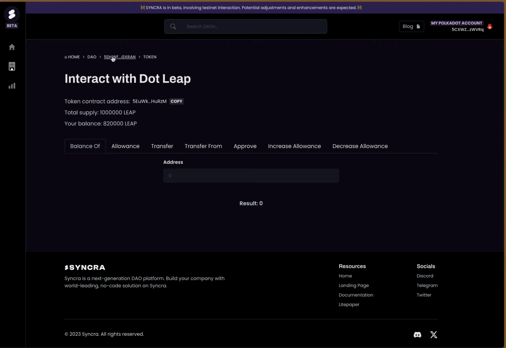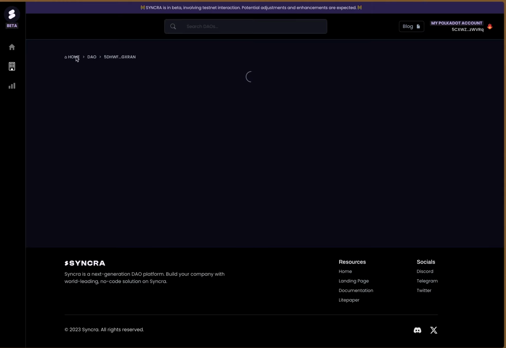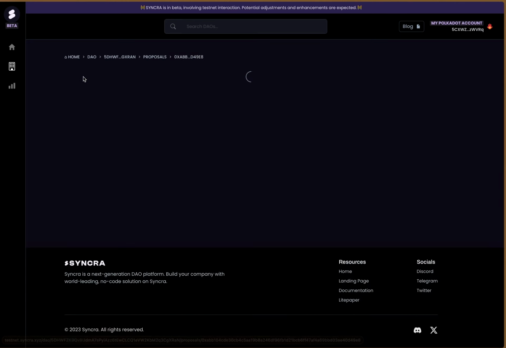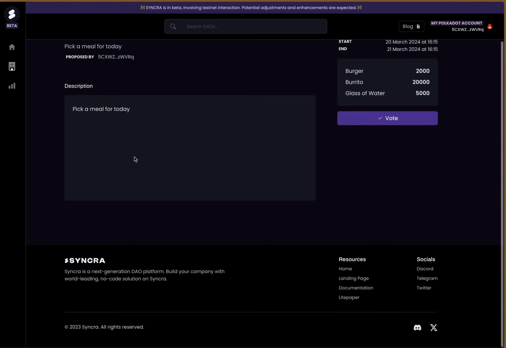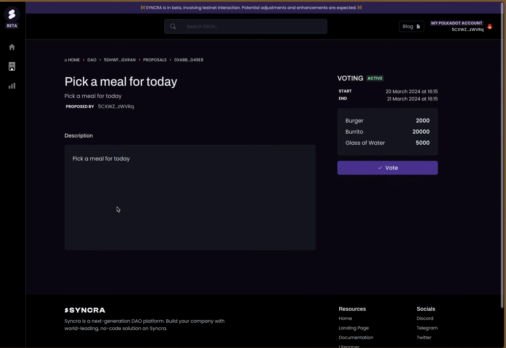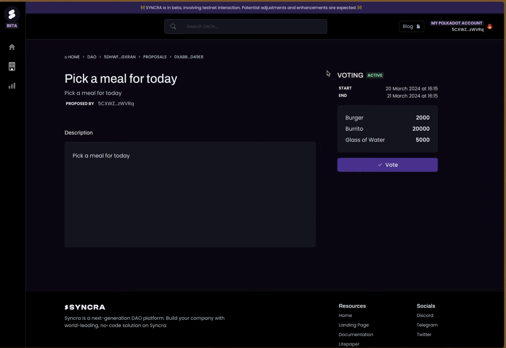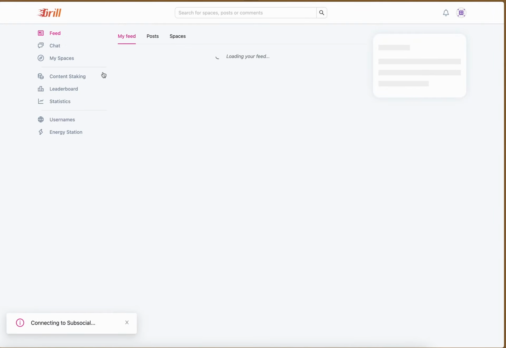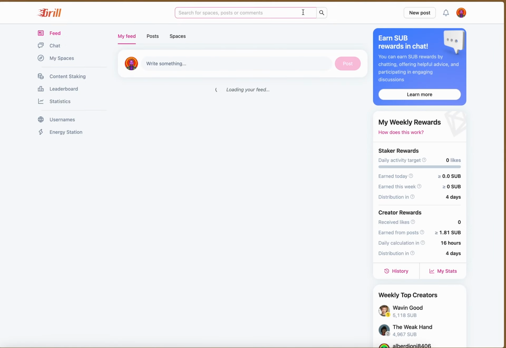And that's pretty much it. That's all you can do here for now. I do wish that they added these brief peeks into the proposal so I can see how they're doing. I also wish they added some Web3 native discussions here so that people can actually discuss the proposals and not just wait for the voting to begin. I would probably go with something reasonably native to Web3, like Grill app, which is also already in the Polkadot ecosystem, so it can easily be connected with these accounts, one to the other.